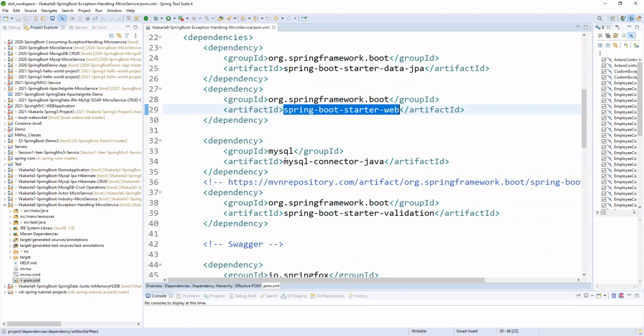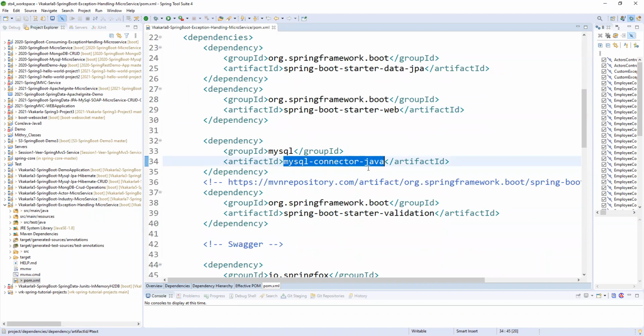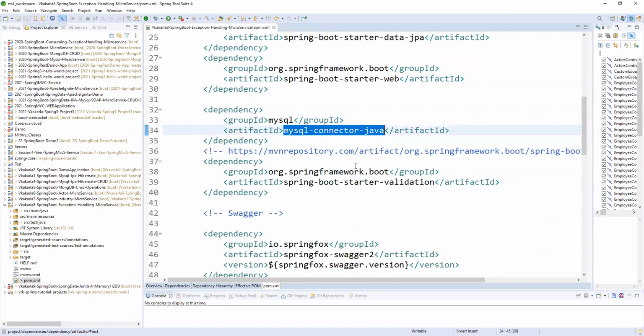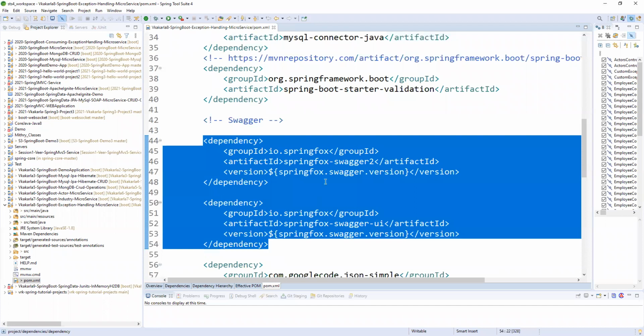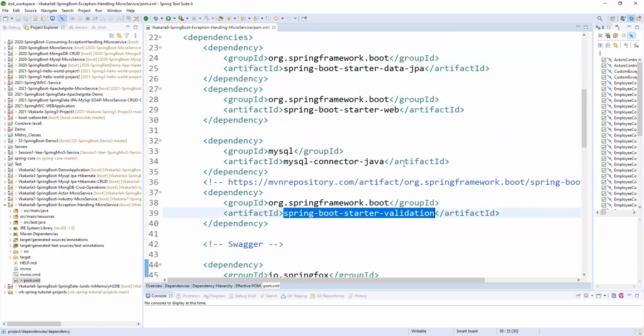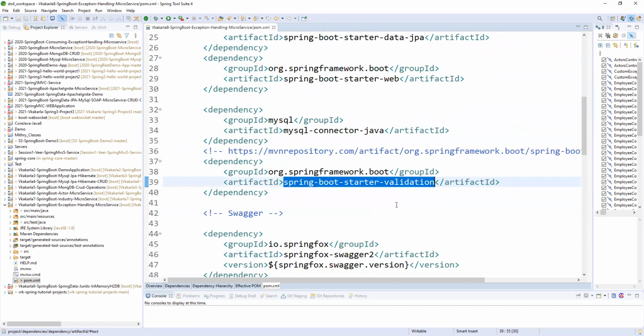We are connecting a MySQL database, so we need the MySQL connector, and we also need this starter validation. Why it is needed, I will tell you. And these are the Swagger related things. So the only new dependency we are adding is validation.